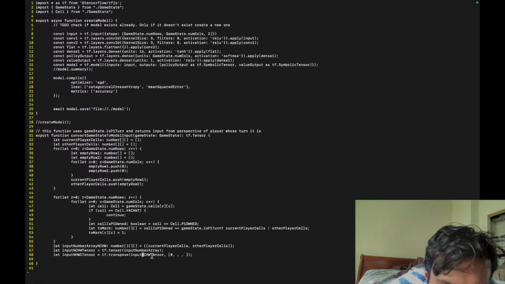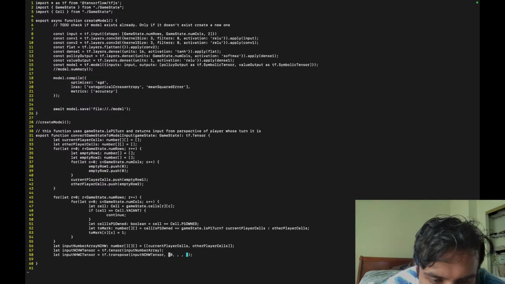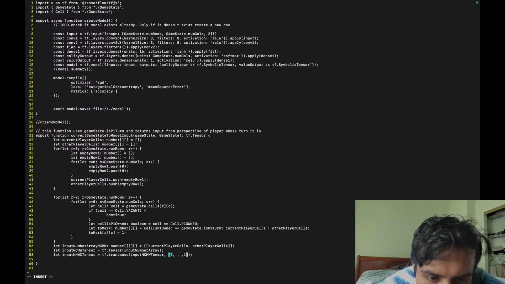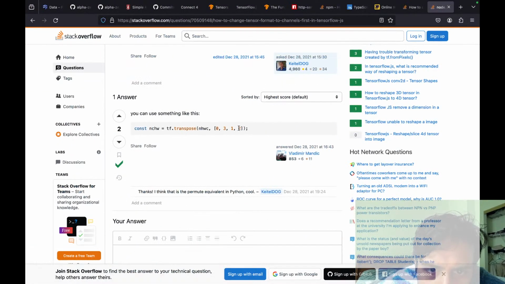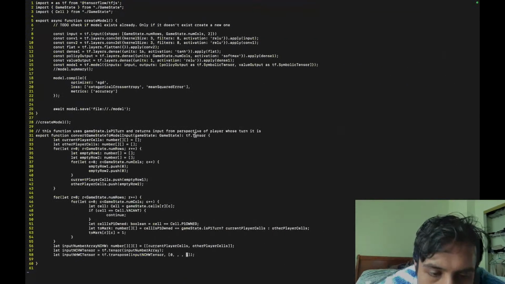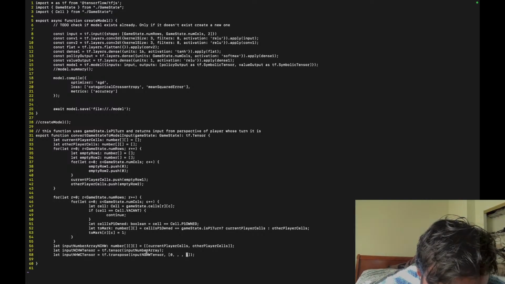So again, N goes to N, no change, 0. But then where does C go to? C is 1, but it goes to the very end. So the last one is 1, which is different from this one. We're going the other way actually. So N is 0, C is the first axis, H is the second, 0 indexed.